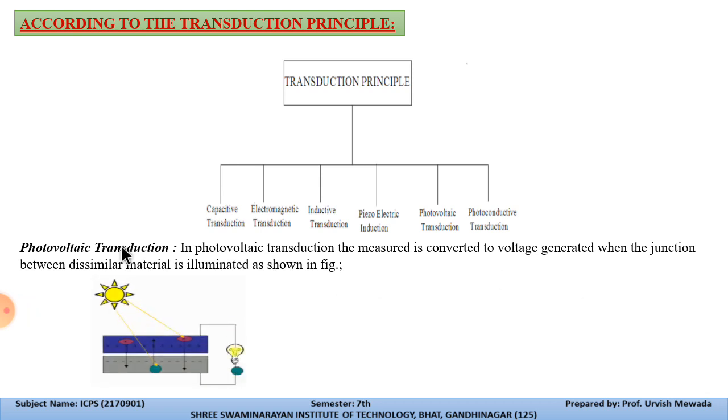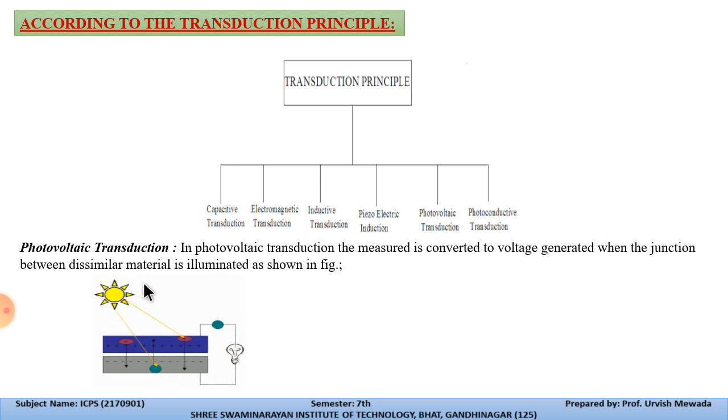Here we are providing illumination with the help of the sun, and we use two plates, positive plate and negative plate. In between the positive plate and negative plate we have the depletion layer. Whenever the illuminated source throws light on this p type and n type material, the p type has majority charge carriers holes and minority charge carriers electrons. And in the n type plate, the majority charge carriers are electrons and minority charge carriers are holes. Due to this depletion layer, they cannot recombine easily from one plate to the other plate.